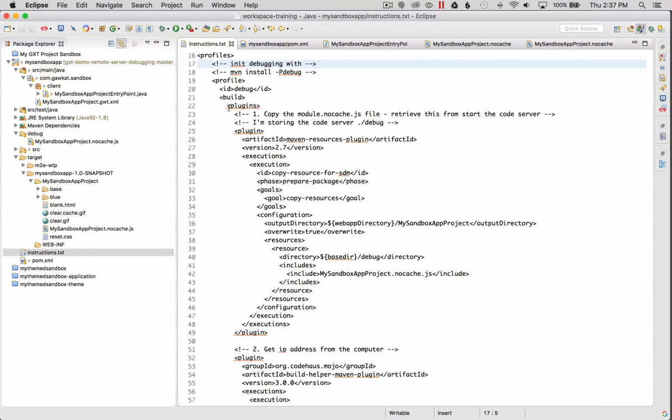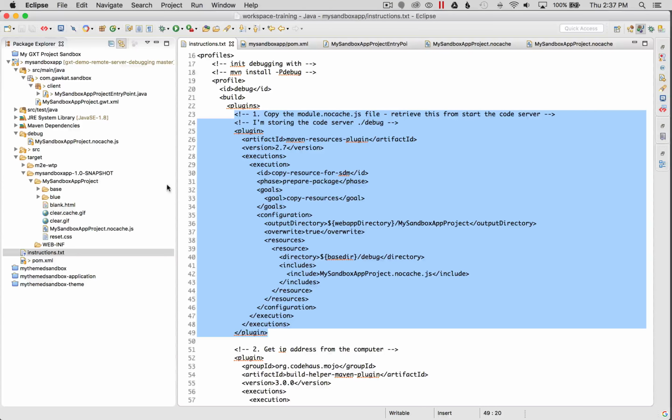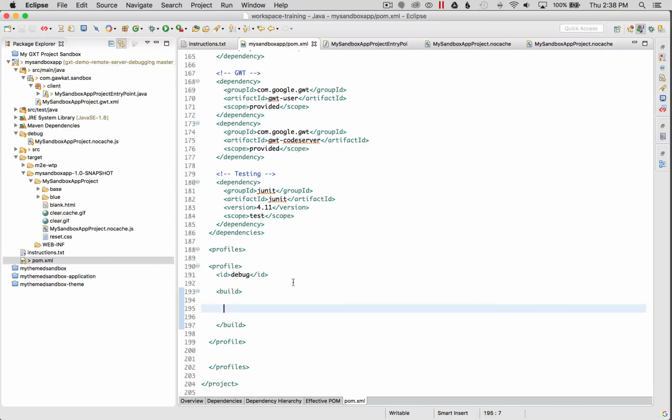And the first step, I'm going to only copy the first step because I want to walk through this, and I'll walk through what I'm doing with each plugin. And I'm going to post this online after I'm done with this video, and you can go look at it in more detail. Okay, so I'm going to go back to the POM,